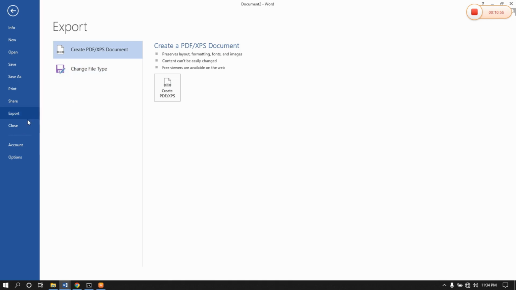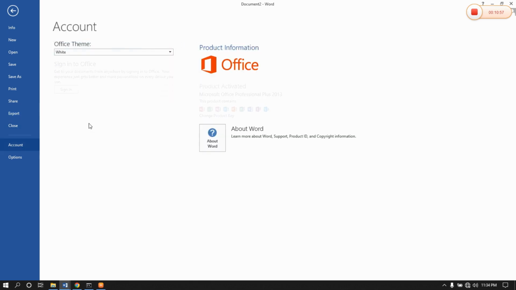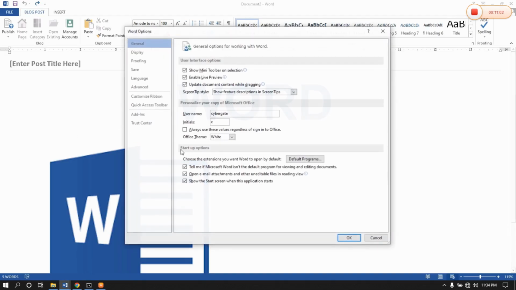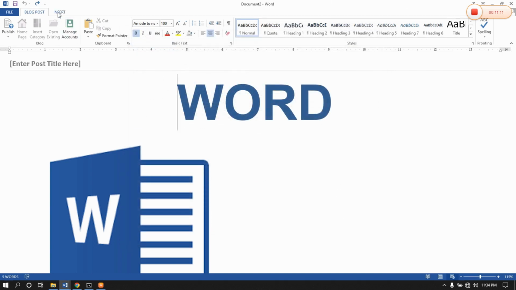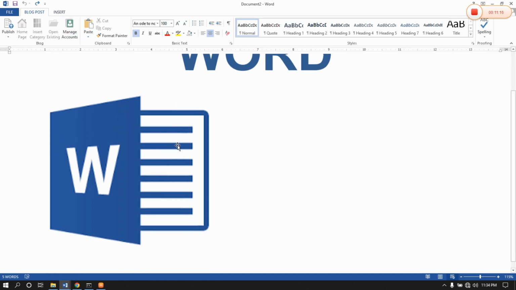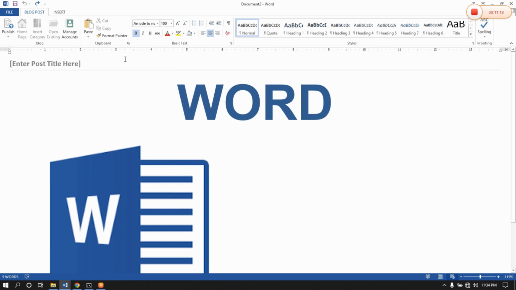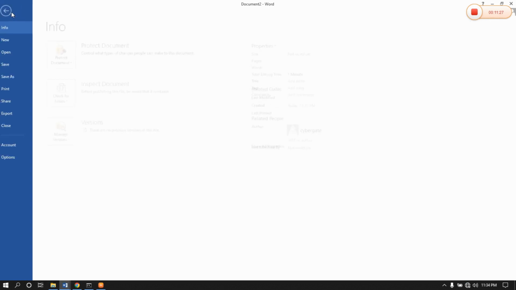Okay, so you can close this Word document. You can check your accounts in Microsoft Office and other options, of course. These other options have to do with the view of this particular window. Okay, so that is it. I changed this into a blog post, and that is why we're having a blog post. It's editing as though it's a blog post. If we're done, we can click on publish and then publish as draft or as whatever to our blog. Okay, so let's go back to